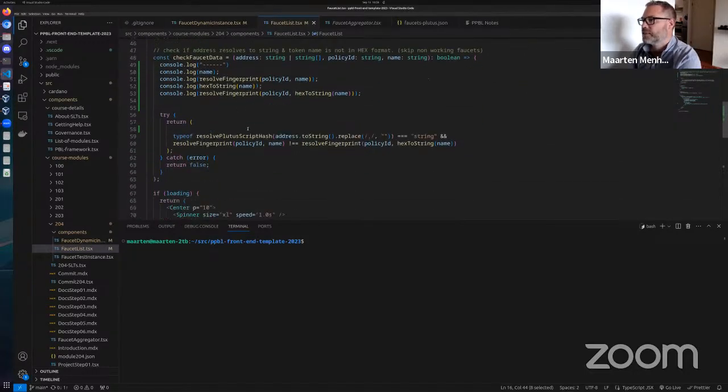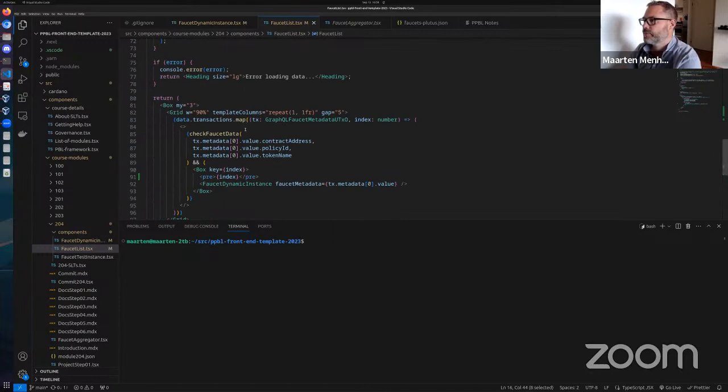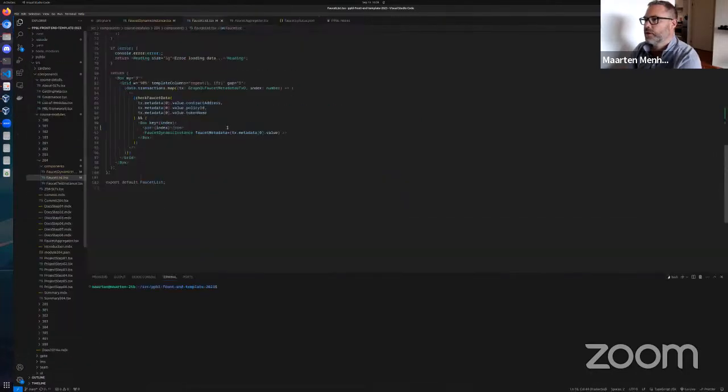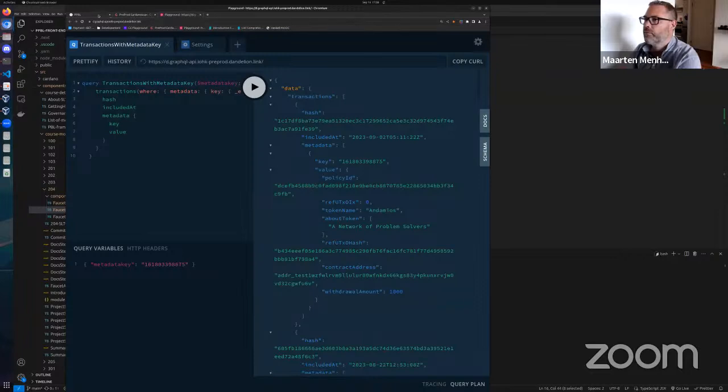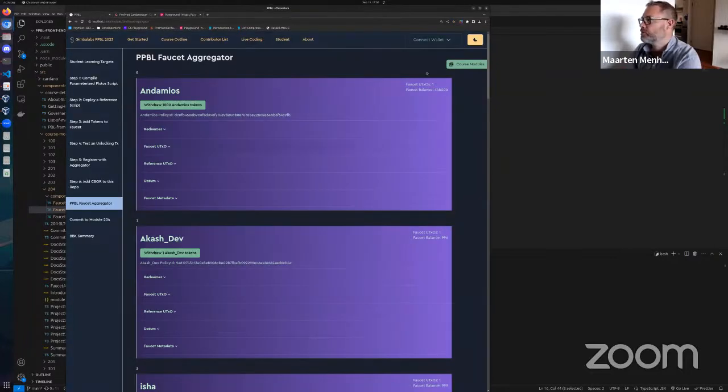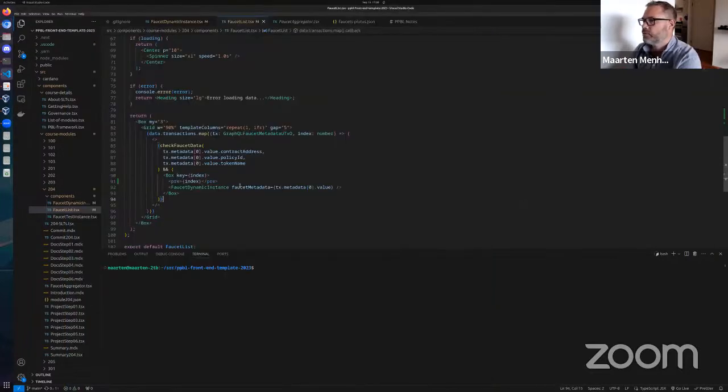So with this list, it generates like this grid box, which passes in all this data: metadata, contract address, token name, and stuff like that.